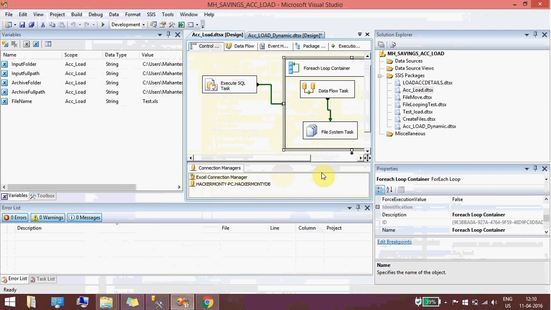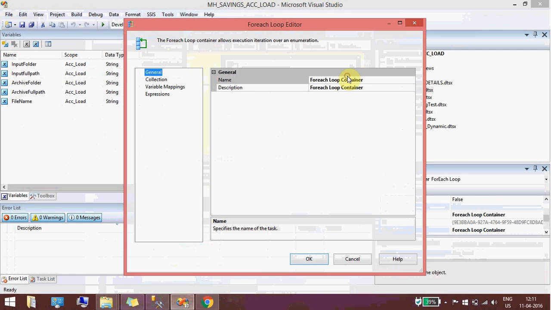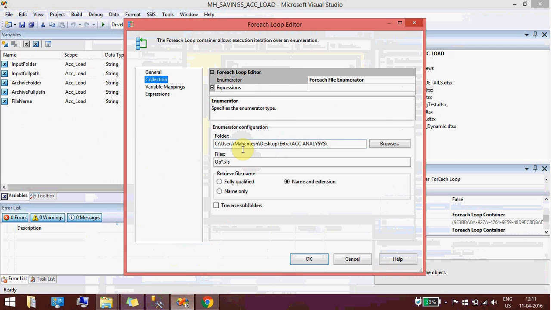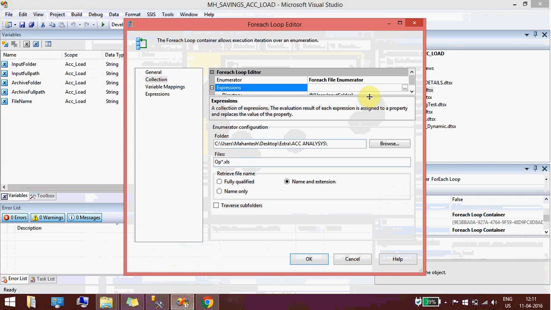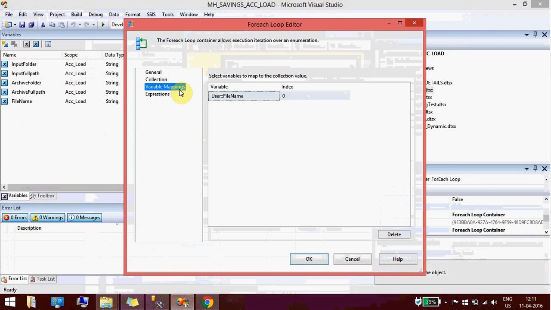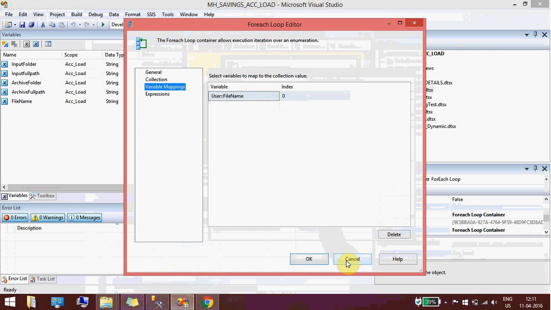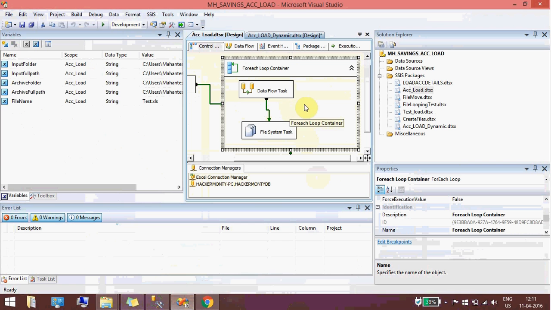So I took a for loop. Next, you need to define these parameters. First, you need to define the input folder where all your files are located. Next, you need to set up the file name. It starts with index 0, right? If the file is not there, the job will stop automatically. You need not worry about that.